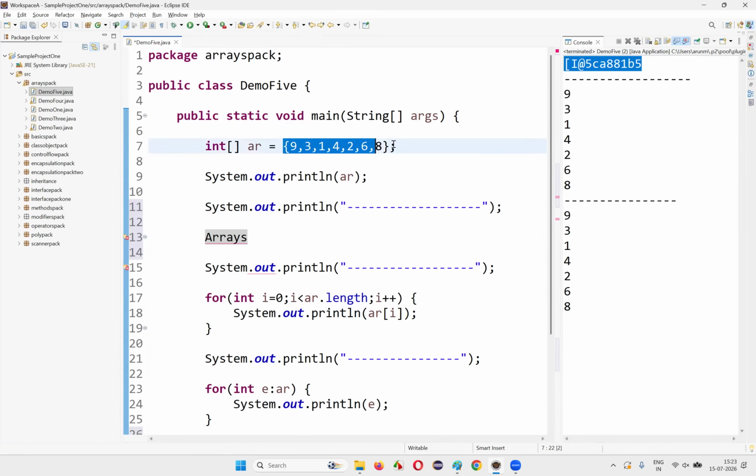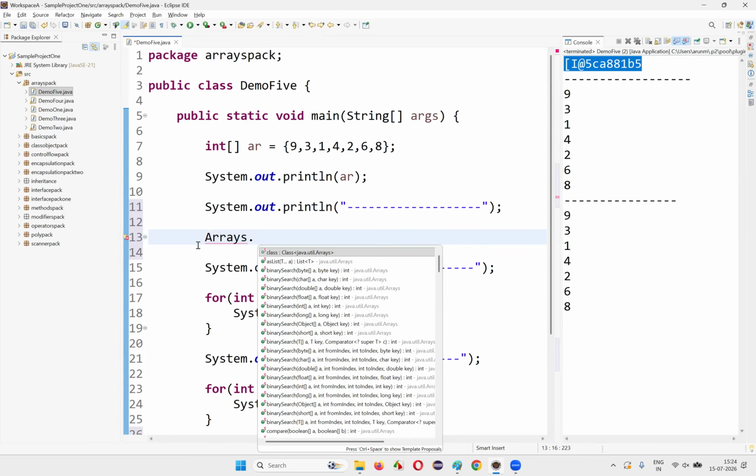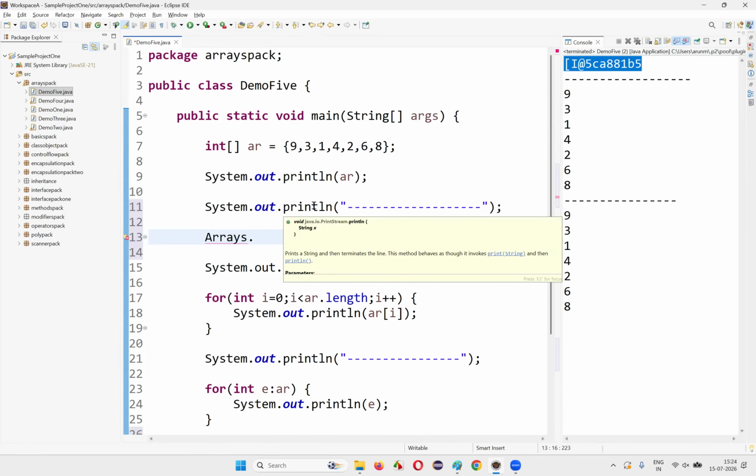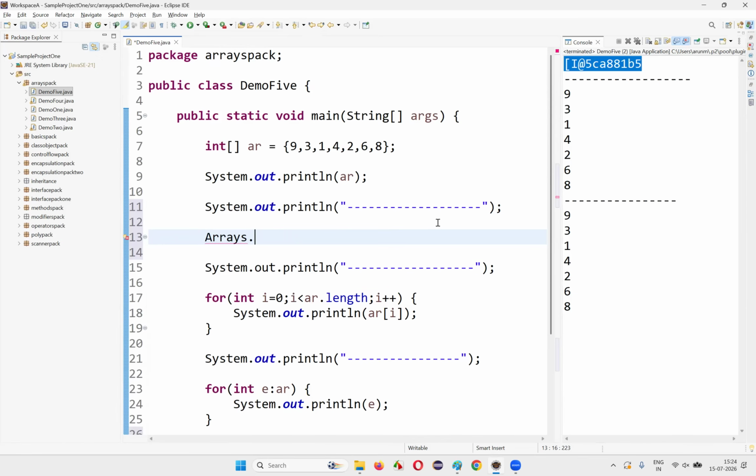So if you want to print the array along with these elements, not just the object of the array but the elements of the array, you have to use the predefined Arrays class in Java. Arrays dot... This predefined class has a predefined method known as the toString method, which is a static method. In one of the previous sessions, when I covered static related stuff, let's say there